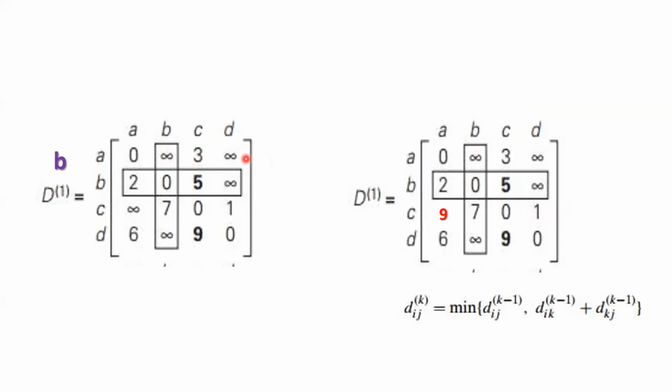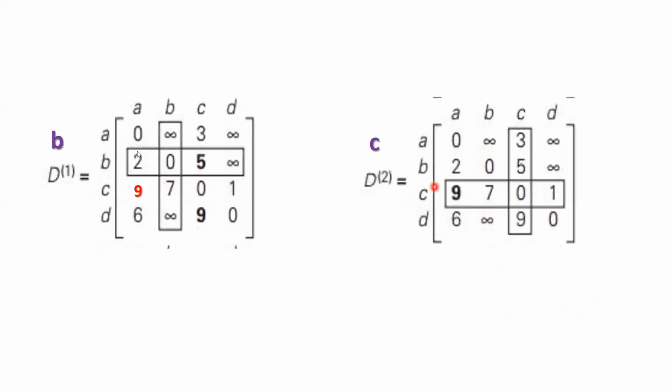Okay, fine, then we shall check for one element. By checking all the elements, I have found this can be updated as minimum. We shall check how. From C to A, C to A by considering B as intermediate vertex means C to B, B to A. What is C to B? 7. B to A it is 2. So C to A goes like C to B, B to A. So 2 plus 7 it is 9, and instead of infinity I'll update it as 9. The remaining elements remain unchanged here. So by this we have obtained D2.